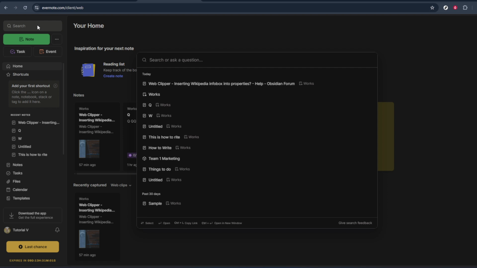Take a moment to look at the list of search results that appears. You'll usually see the note titles and sometimes a short preview of the content that matches your search term. Click on the note that looks like the one you want, and it will open on the right side of the screen. Inside the note, Evernote may highlight the words you searched for, making it easier to spot the relevant